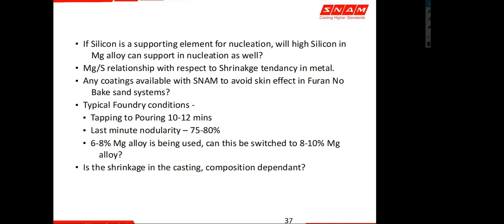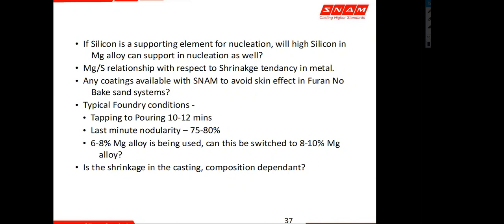That is why pure magnesium treatments are generally carbidic in nature, so they demand more inoculating, or require post processing of the treatment after the casting. So people who do pure magnesium treatment will have to have good control over inoculation practice, where a slight change can lead to carbide formation or more carbide formation. So high silicon to some extent supports, and it is already present in your master alloy. So hope that should be sufficient for your entire nucleation process.